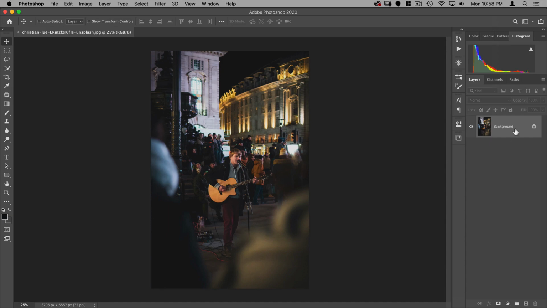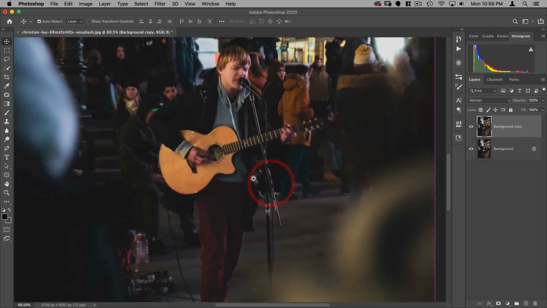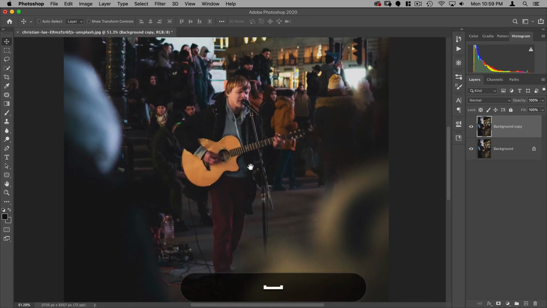Okay, so first things first, let's cut him out of the background. Now, this background here you can see is not something that the smart tools in Photoshop are going to have a very good time selecting. You can kind of tell right away with almost any image whether you're going to be able to use the AI tools or not.